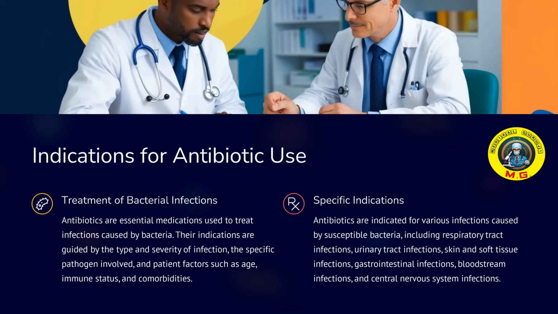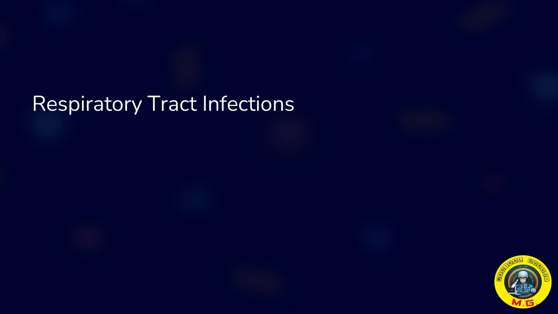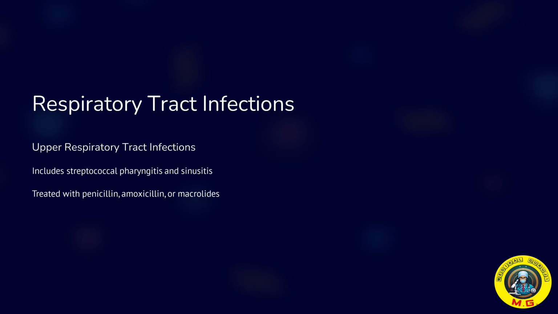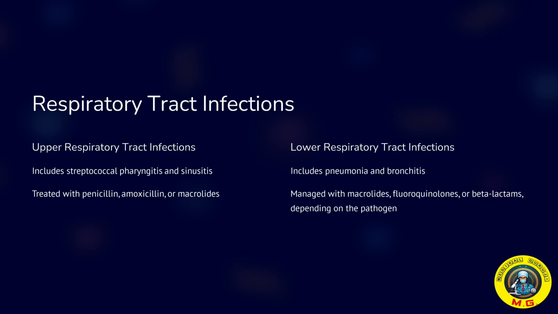Antibiotics are indicated for various infections caused by the susceptible bacteria, including respiratory tract infection, that is of two types, upper respiratory tract infection and lower respiratory tract infection. Upper respiratory tract infections like streptococcal pharyngitis or sinusitis are treated with penicillin, amoxicillin, or macrolides, whereas the LRTIs like pneumonia, bronchitis are managed with macrolides, fluoroquinolones, beta-lactams, and the rest depends on the pathogen sensitivity or